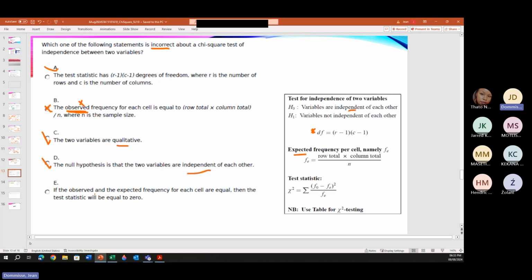If the observed and the expected frequency for each cell are equal, then the test statistic will be equal to 0, which is correct. So if observed and expected are equal, let's say it was 26, you've got 26 minus